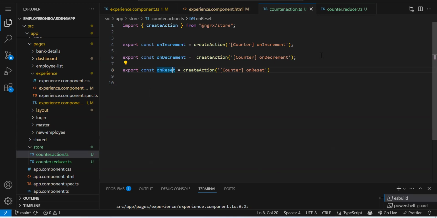Redux is used in React, not Angular. Same thing what we are doing over here with NgRx, we do in React by using Redux. Just a different library.